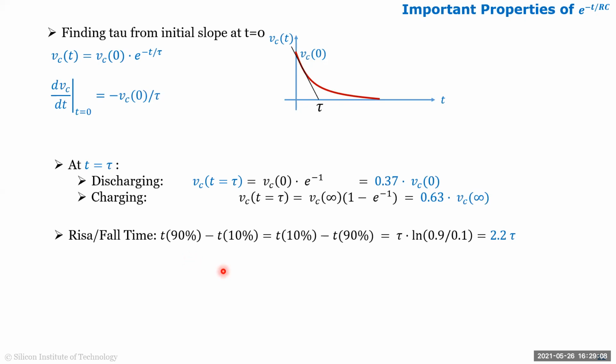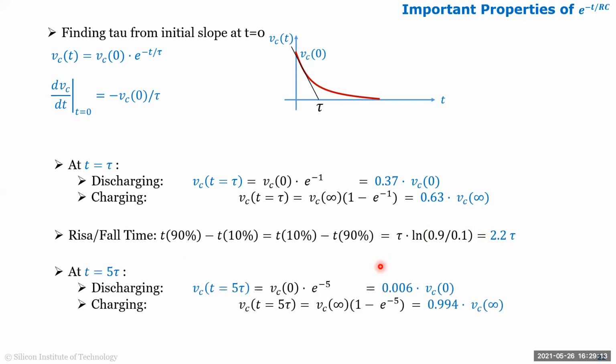Your transition times are approximately 2.2 times tau. And this we don't use a lot in digital systems, but again, it's good to know: if you really want your output value or input value to settle to almost 99% of the final value, then we allow at least 5 tau. And typically we use this a lot in analog where let's say we are doing A to Ds,